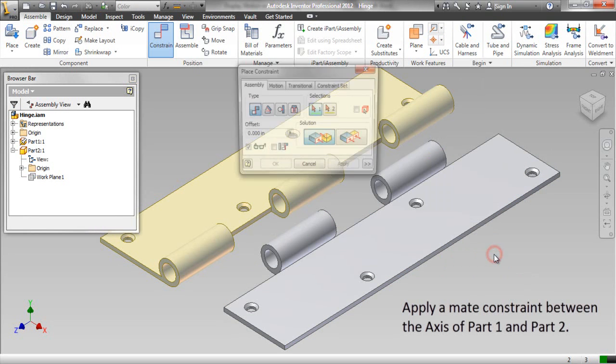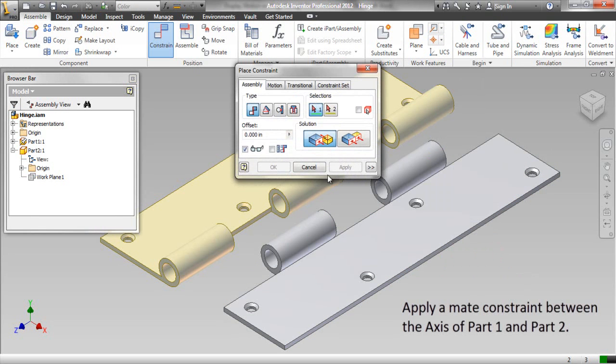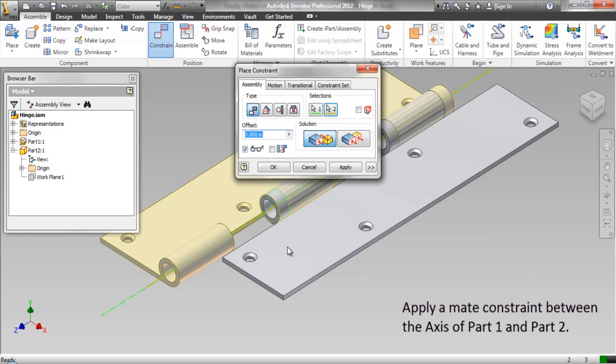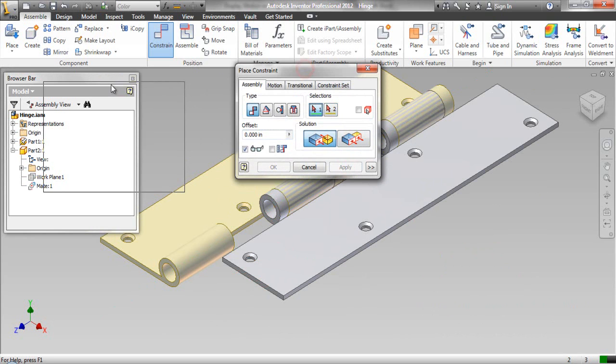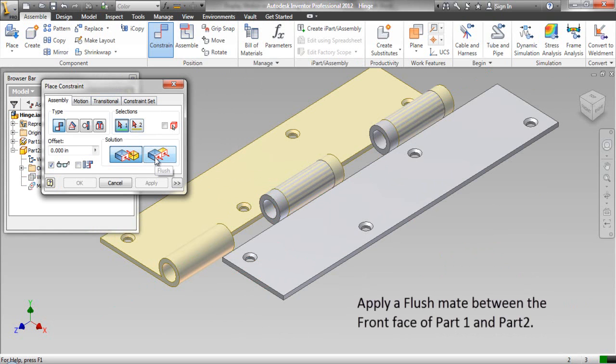Apply a mate constraint between the axis of part 1 and part 2. Apply a flush mate between the front face of part 1 and part 2.